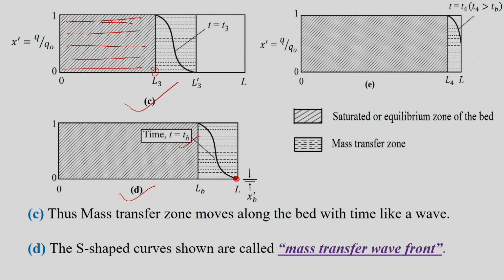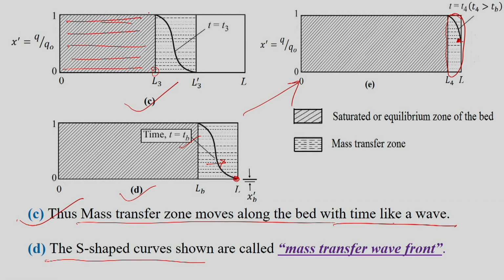But if we wait further, this curve will move in this direction, and q by q 0 will not remain 0 there; it will go on increasing slowly. The unsaturated zone will shrink with time, and one time will come when this also moves out of the system, meaning the entire bed will be saturated. So in the case of C, the mass transfer zone moves along the bed with time like a wave. The S shaped curve shown